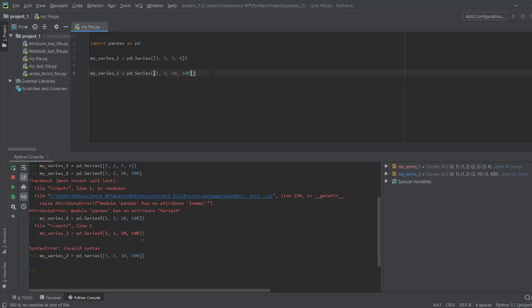Okay, so we have these two series objects, my series 1 and my series 2. Now to find the differences between these two series objects, let's apply the compare method.